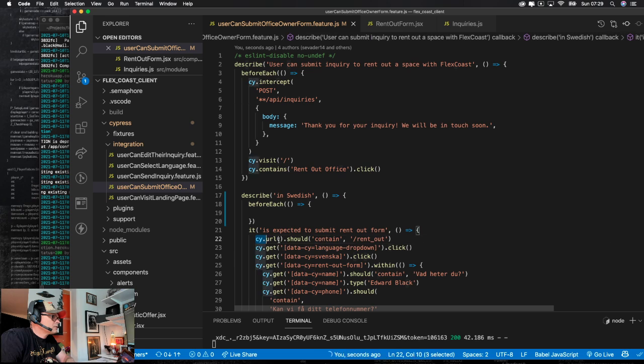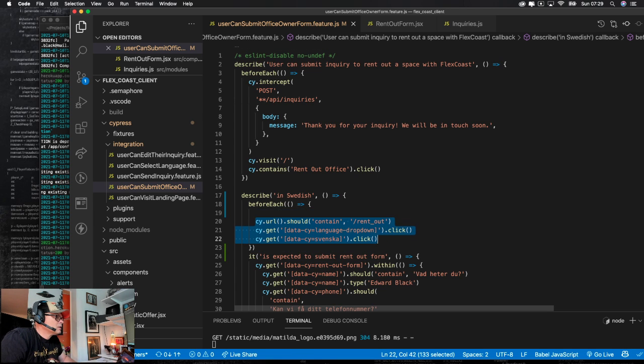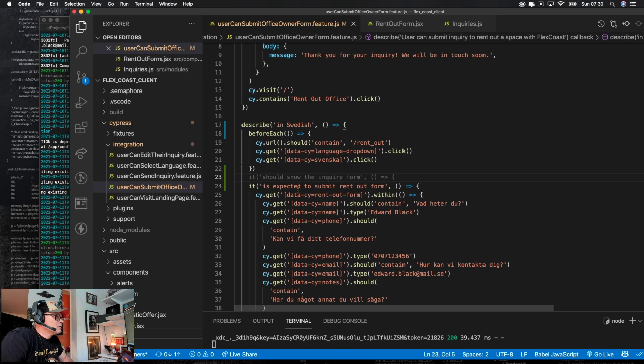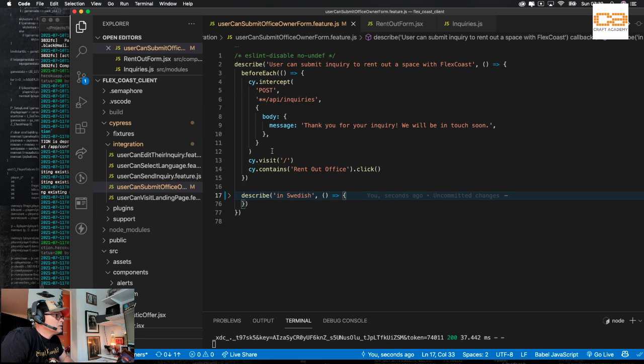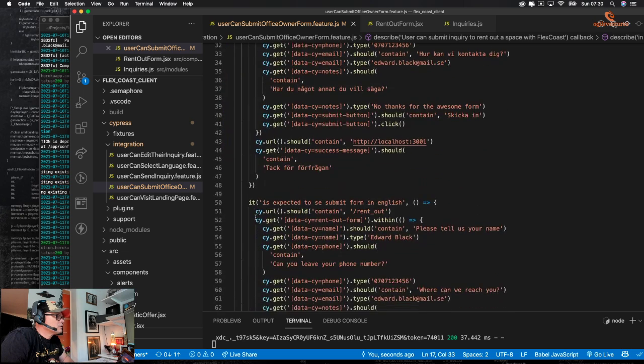Right, and then I can just move this language selector to a before, because it's not really part of the stuff, but we want to save that, I guess. Right, so we only have one. What the fuck? Are you shitting me?